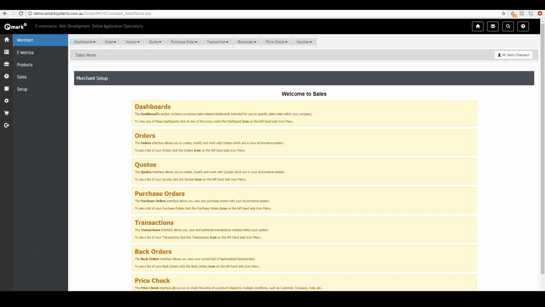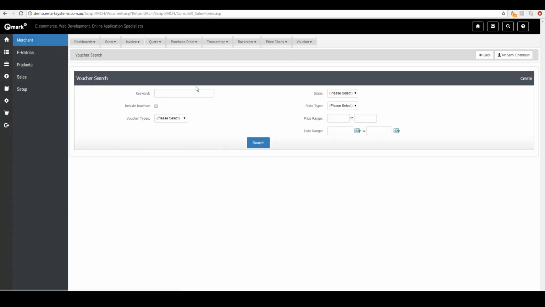The second way that a voucher can be created, and this is what this video will cover, is to create a voucher from the back end. So firstly we go into merchant and then sales, and then from the voucher drop down we go to voucher list. So from here we can search on a number of different filters, but to create a new voucher we click create,